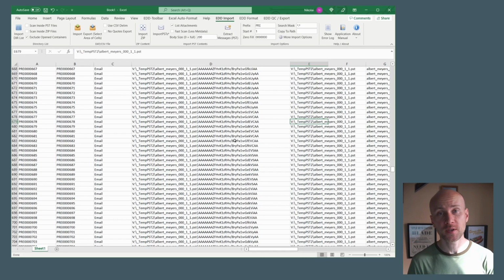All right, so that's my update for EDD toolbar. Like I said, this button, I'm sure it's going to move somewhere. I don't know where it's going to be, but what you'll notice, I added a button called application manual here. If you click on that, it'll take you to my website where different buttons are documented and explained. So wherever this winds up, it's probably going to be in the export maybe, I don't know, but it'll be